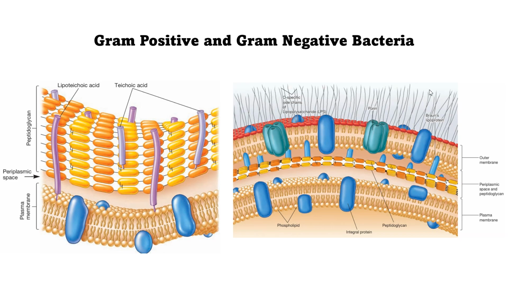Okay, so on the right, this is the structure of gram-negative bacteria. You see there are three different layers. First, you have the plasma membrane, which is composed of a lipid bilayer, and then outside the plasma membrane there is the peptidoglycan layer. The peptidoglycan layer in gram-negative bacteria, as you can see in the figure, is very thin compared to gram-positive bacteria, and outer to this peptidoglycan layer there is another membrane,